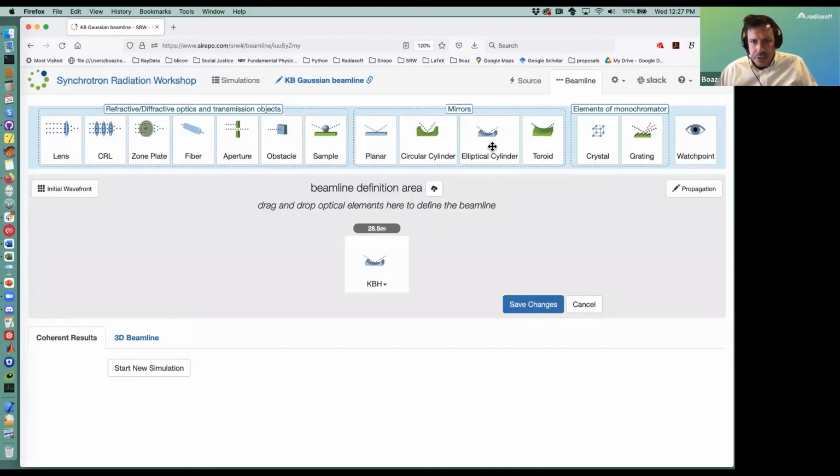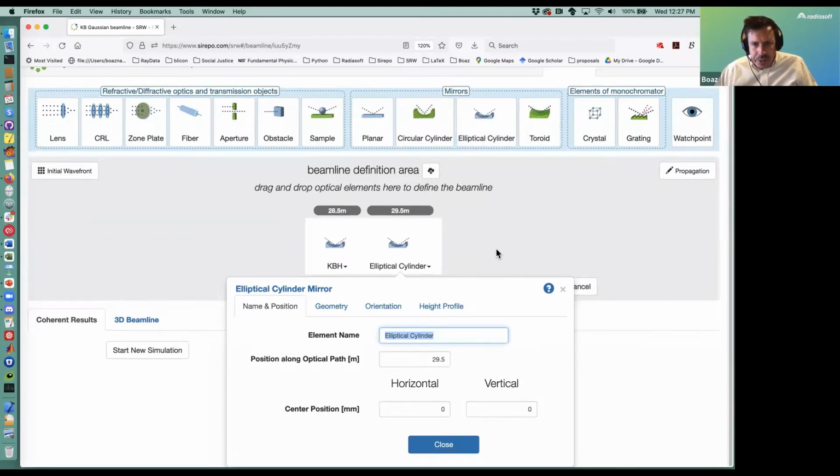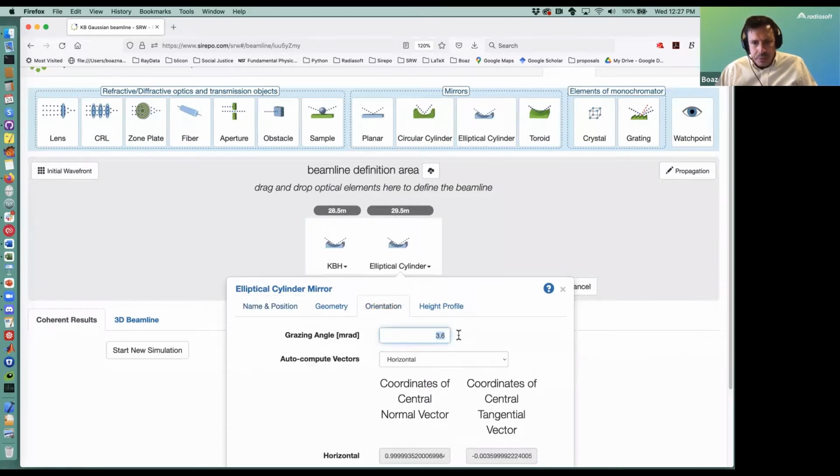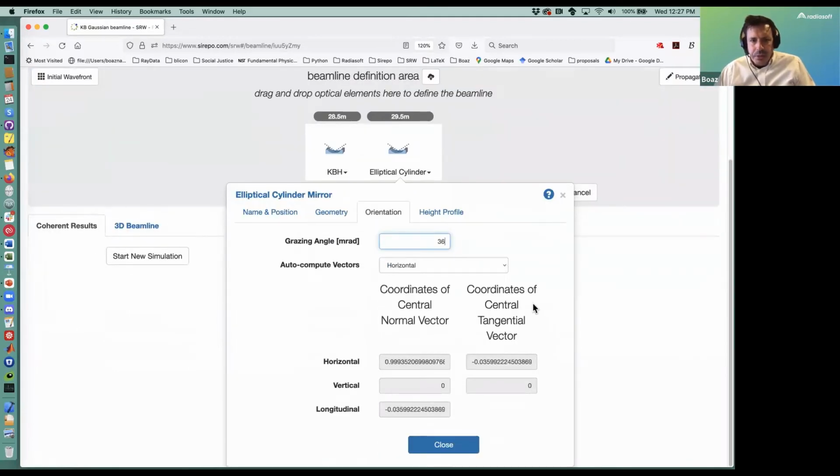Now we're going to make a second mirror. So let's bring down a second one. And you can see that by default it has moved it 1 meter away, so we're at 29.5. Now let's do the same thing. Let's go to the orientation. We're going to increase the grazing angle to 36 milliradians, but now we want it to be vertically focusing. So under auto compute vectors, we're going to select vertical here, and now you can see that the normal vector is largely pointing in the vertical direction. And now we go back to the geometry tab,